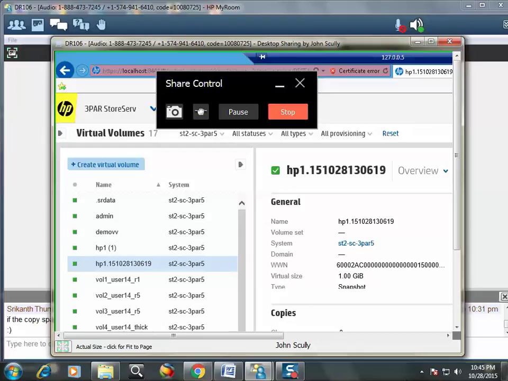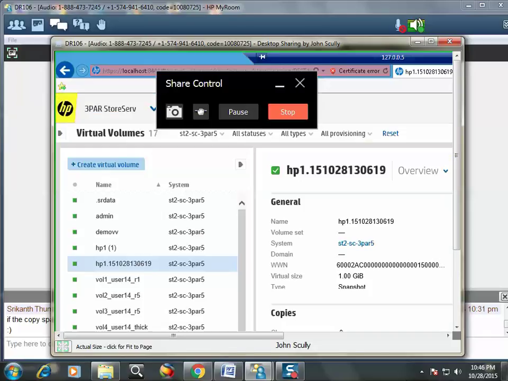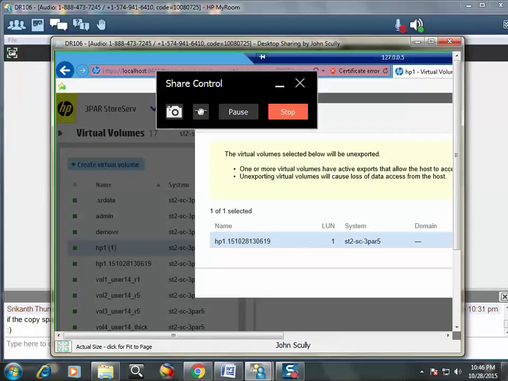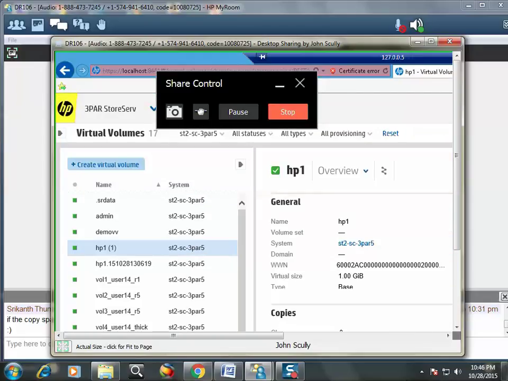I'm going to get another error. The promote operation can't be performed because there are no valid targets. Basically what they're saying here is what you're promoting to has to be unexported. Now my base is exported, so I have to unexport that. So I'm going to highlight HP1, unexport that base. So what you're promoting, the snapshot you're promoting from, has to be unexported, and what you're promoting to has to